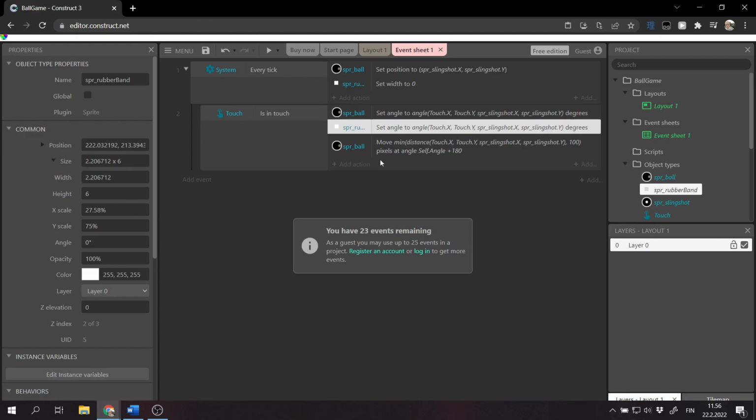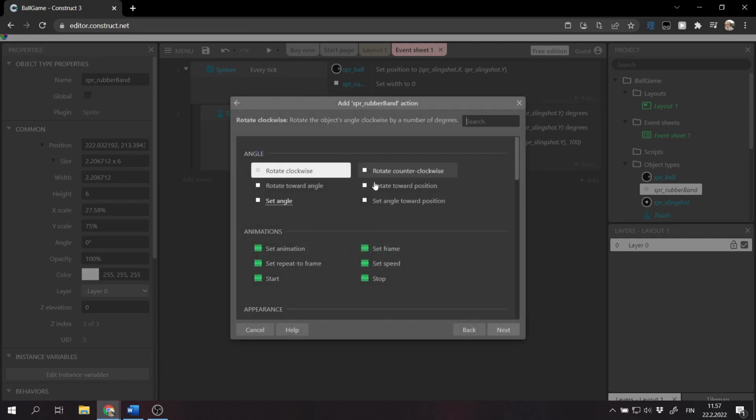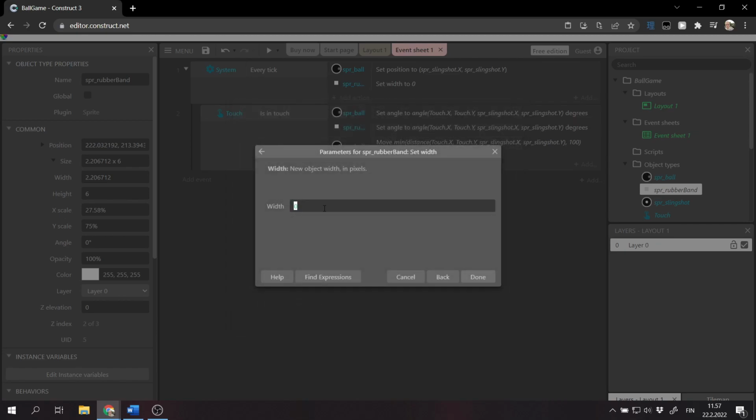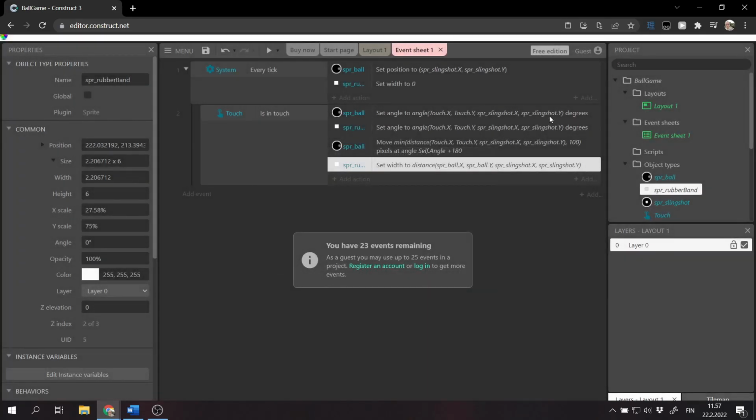And one final thing is that we want to set the width to be the same as the distance between the ball and the rubber band on the slingshot. So the rubber band will stretch depending on how far the ball is from the slingshot. So we make a new action, choose the rubber band, again find set width, and again we are going to use the distance function, but this time we are not going to use the touch; we are going to use the ball's x coordinate and y coordinate, and then slingshot.x and slingshot.y. And now if we press done and try to play the game,